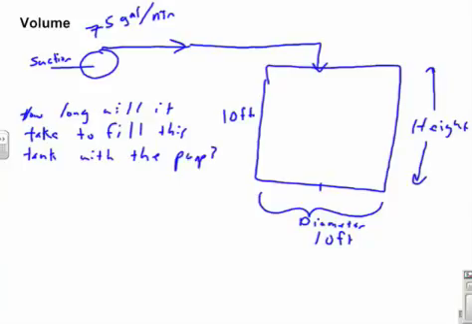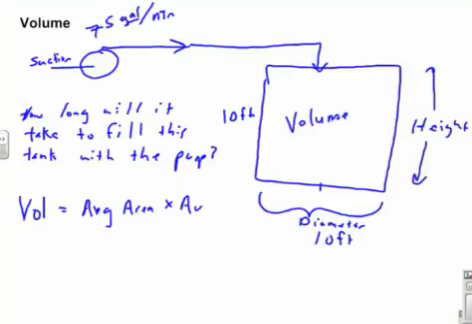So we have a volume, gallons per minute, and we just need to figure out what is the volume of this cylindrical tank. Well, volume of just anything, really, the volume of something is an average area times an average height. It's area times height or area times depth. So what's the area of our cylinder? Well, since